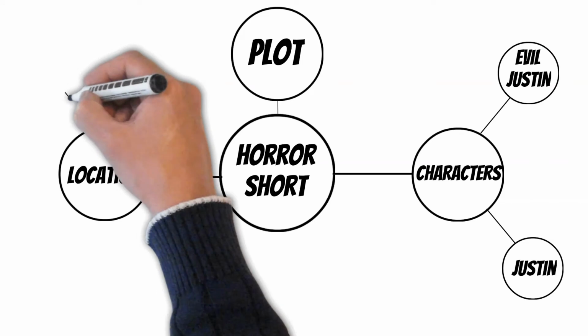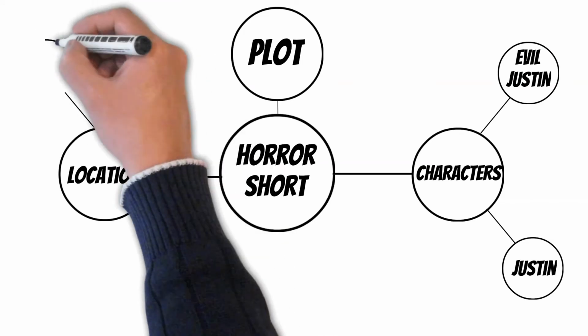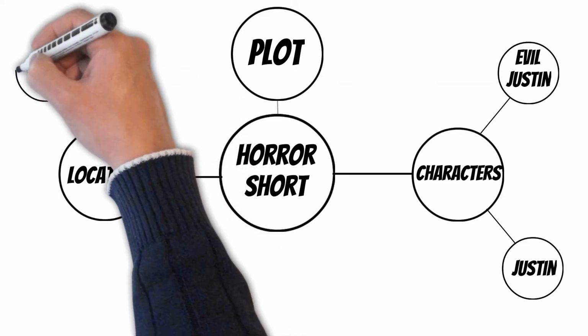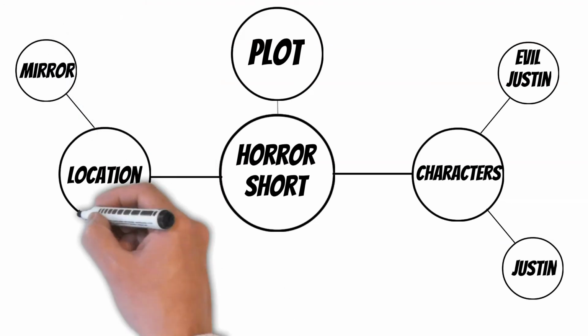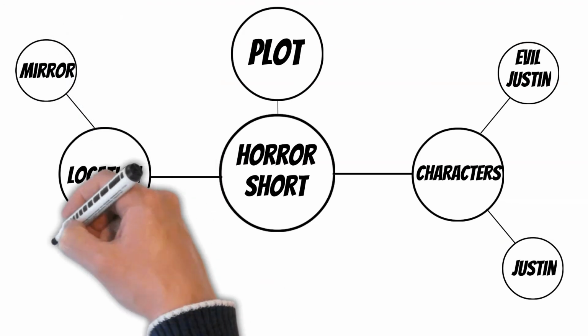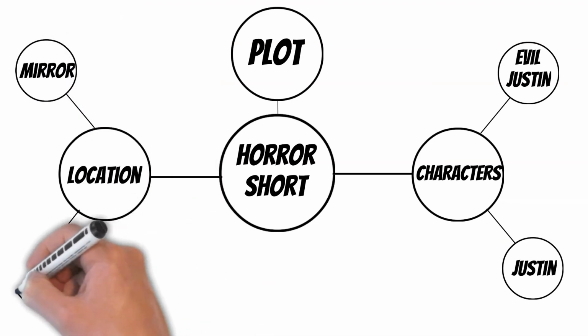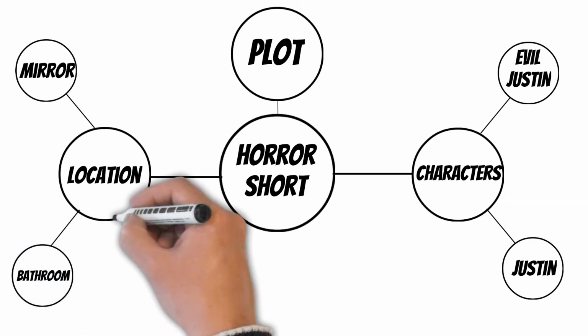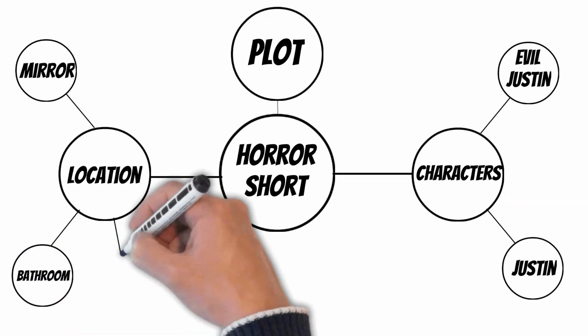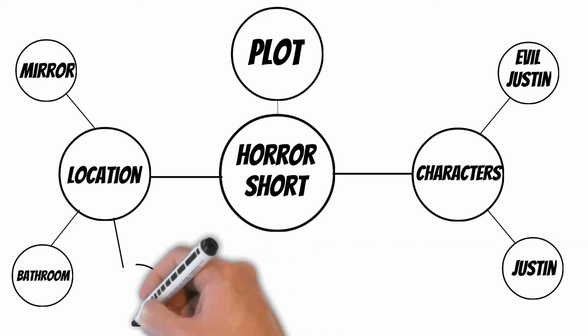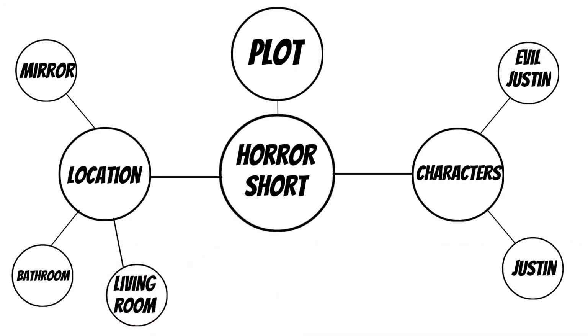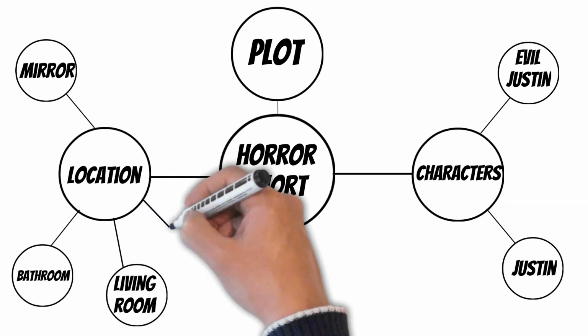And then for locations, especially for a short film, usually I like to base it on one location, so I try to think of, okay, what do I have to work with? Oh, I have a house, I have a bedroom, I have a bathroom. Oh, it's a horror script. I want to use a mirror. I want there to be a villain through the mirror. So where are there mirrors in the house? Oh, the bathroom, the living room, and the bedroom.